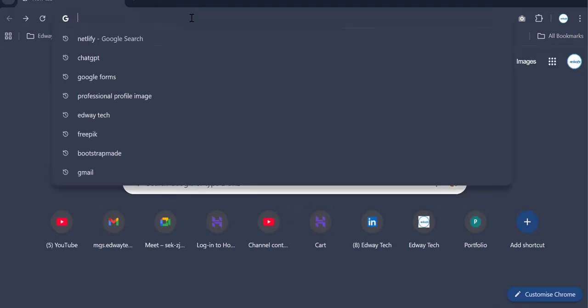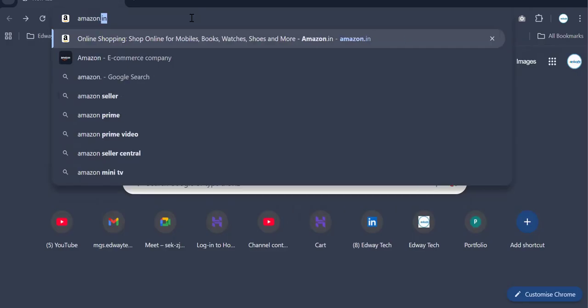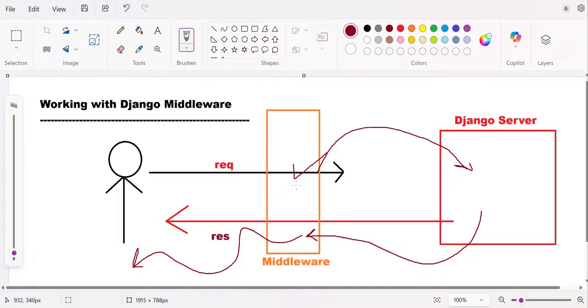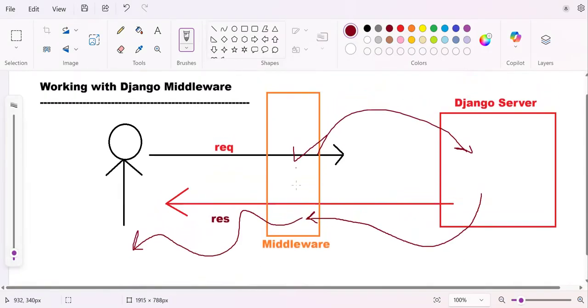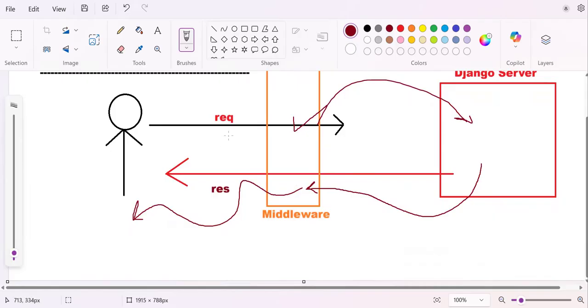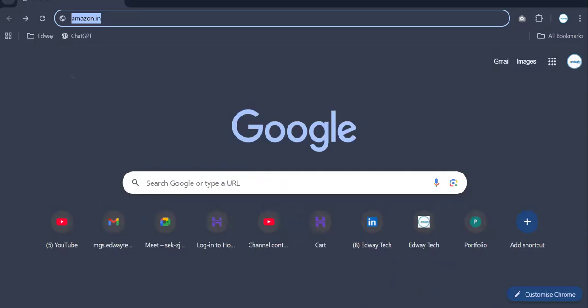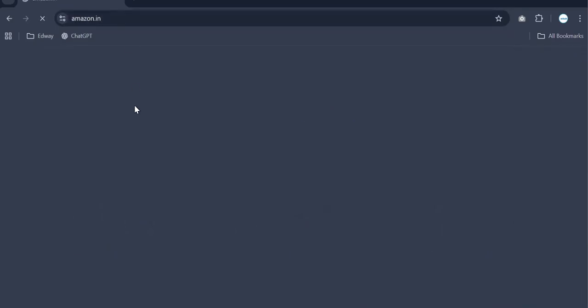Let's suppose I'm typing here amazon.in. So you can see what I typed. I typed amazon.in, and if I press enter,